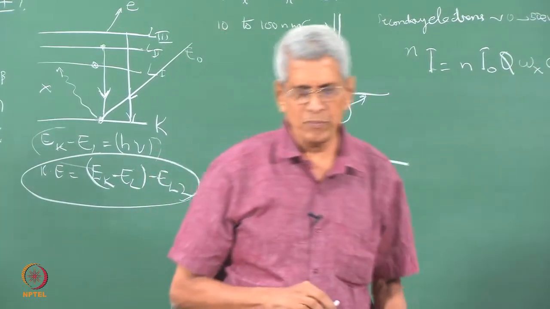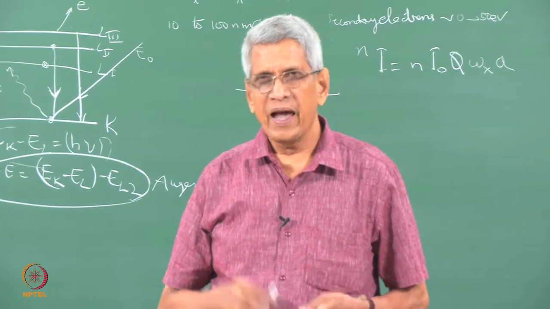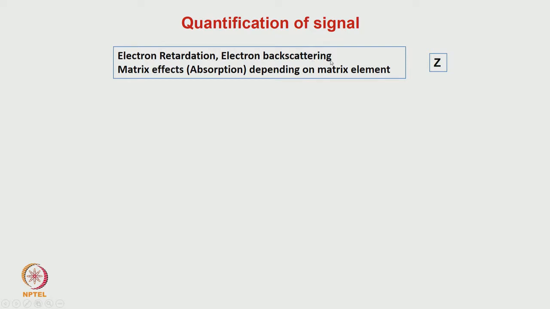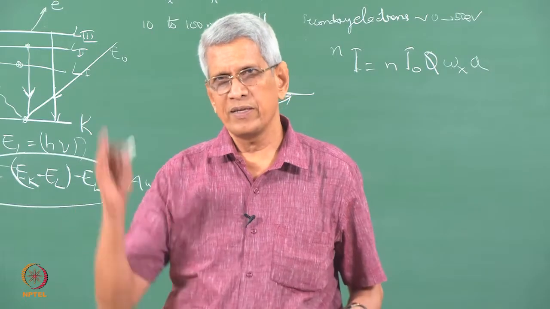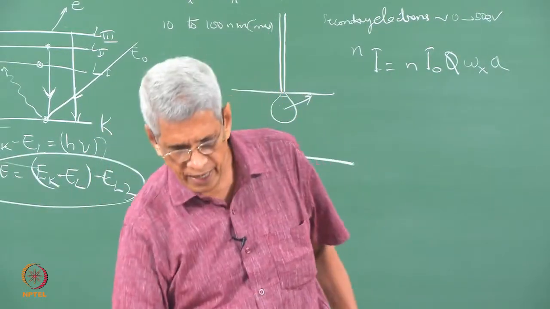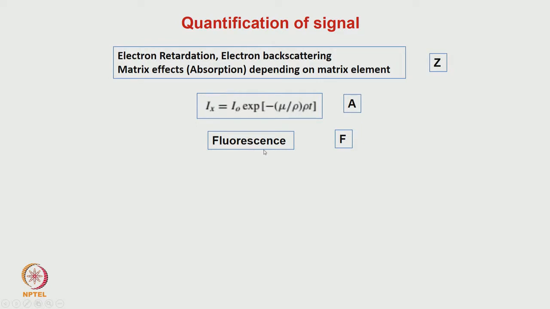As this X-ray comes out, it could be scattered by various processes, and it can lose energy. One is by the electron retardation. It can give part of that energy, and the electron will be elastically scattered a little bit, so the X-ray loses energy. There are various effects, and this is what is called Z. We just take it as the contribution from that. Then the next term is that as the X-ray passes through the sample, because of various processes, absorption, there is going to be a reduction, and that is the term we call A. And then fluorescence is another one which is responsible for it.